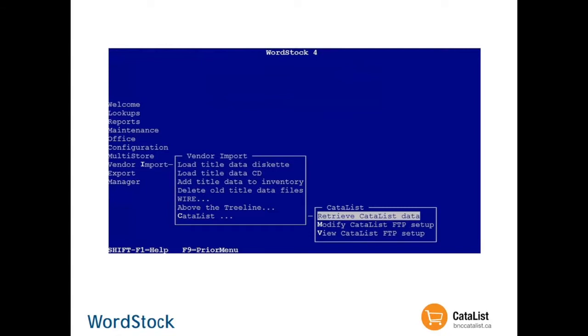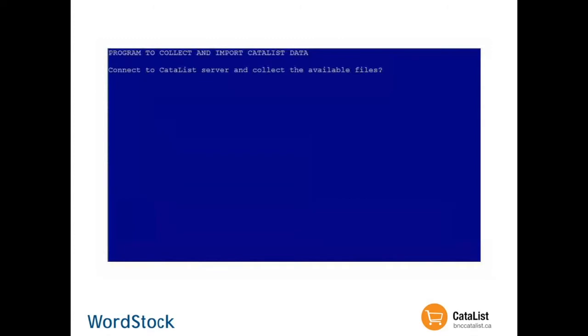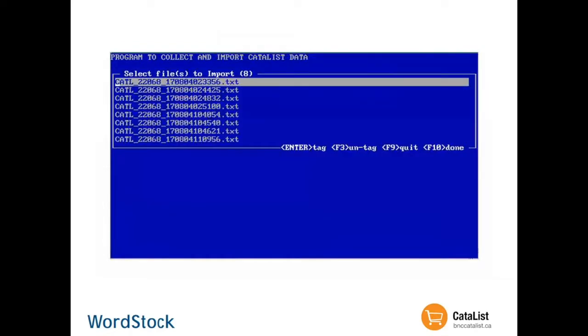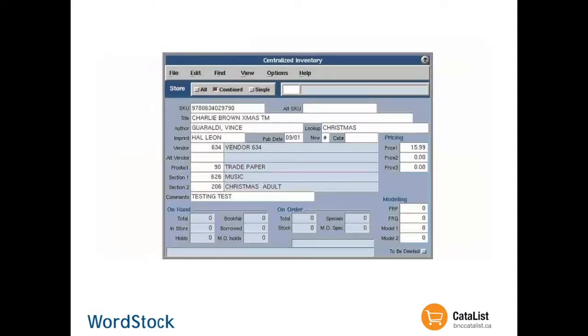So once you've done that, you can actually then pull for orders. So you're going to come into the vendor import, CataList menu, and choose retrieve CataList data. So connect to the CataList server and collect the available files, enter Y, yes, and it will pull in any files that were there that were imported. So the first set of numbers after the CATL, the first set of numbers is your PO number. So you'll be able to see your PO numbers and bring them in, and that will bring in all of the information. So vendor number,